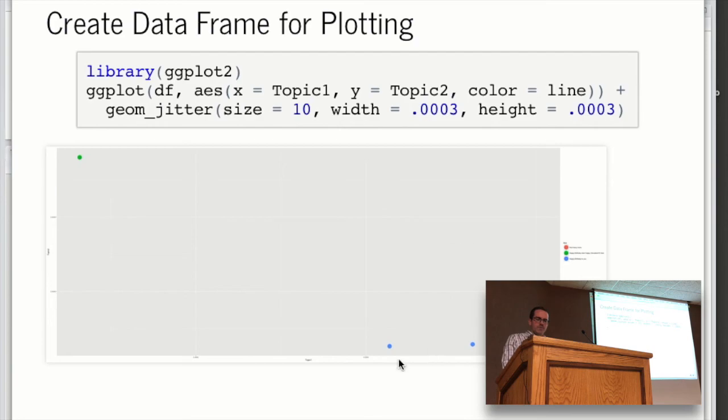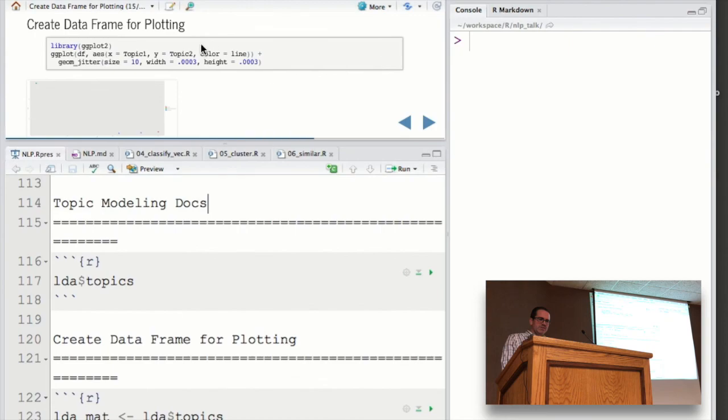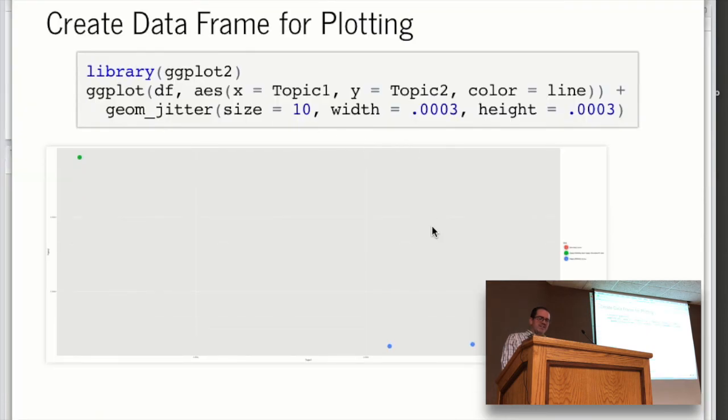Let me kill and restart this one because there's a random factor to the LDA, and the jitter values, you have to guess. I'm plotting, and these two blue dots are the same, right? And they would overlap each other, but I'm using geom jitter to get them to move. But the scaling is different every time because there's a random factor. So now they look way far apart, but most of the time they look the same. This is why you should set seeds for presentations when you're doing random numbers.